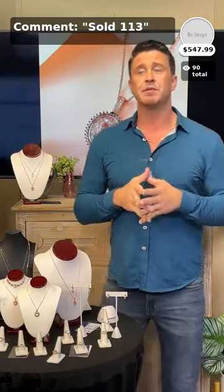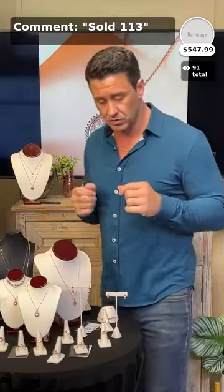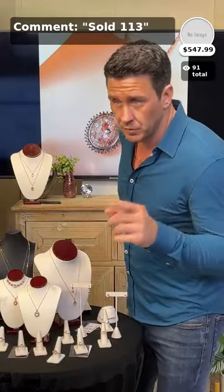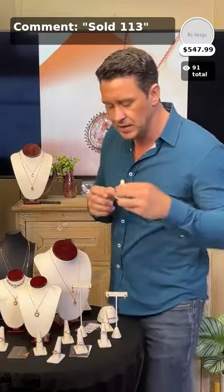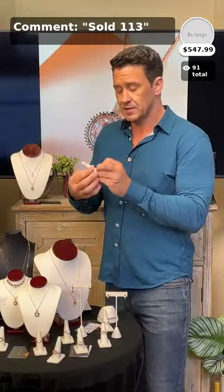A lot of these are going to be at or around $100, but we've got a couple that are going to be from our Luxuro collection. Well, what does that mean? That means we're talking solid rose gold. For example, and this is sold $113. What we have for you here is